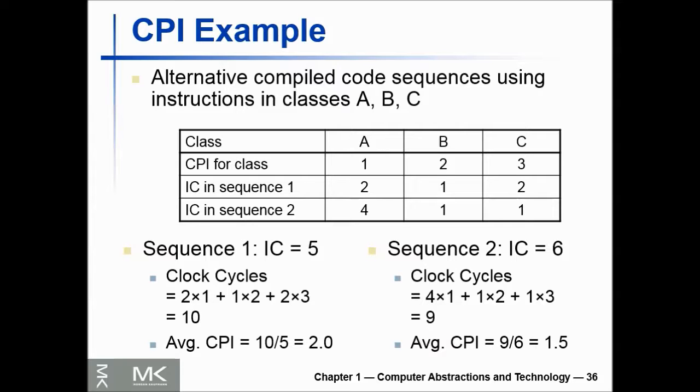We have two sequences. The instruction count in sequence 1 for class A is equal to 2, for class B is equal to 1, and class C is equal to 2. Similarly, instructions in sequence 2 for class A is equal to 4, B is equal to 1, C is equal to 1. The question is, which code sequence executes the most instructions, which will be faster, and what is the CPI for each sequence? The answer is